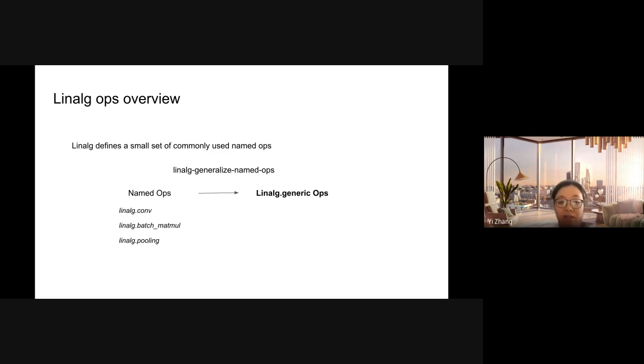So the Linalg.generic op is a building block for the Linalg dialect, and we'll take a closer look at the Linalg.generic op next.